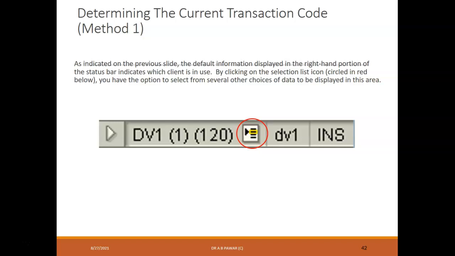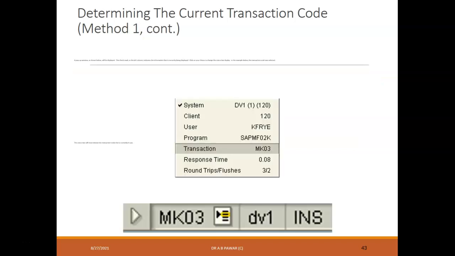So here, you can see right now, circled in red, you have the option to select from several other choices of data to be displayed in this area. You can select as per your requirement. So this is again the way to find out which current transaction code you are using. Again you can see here which transaction is going on.